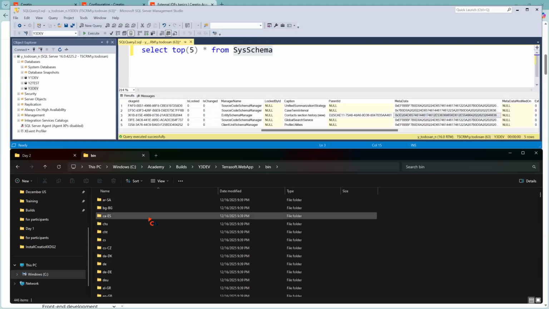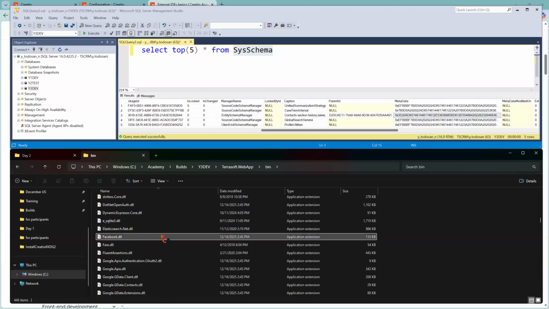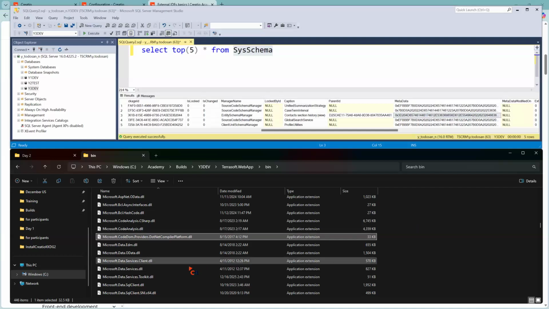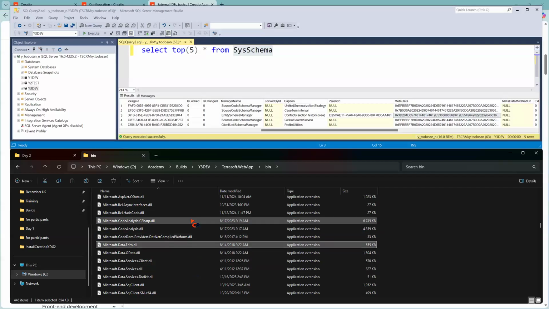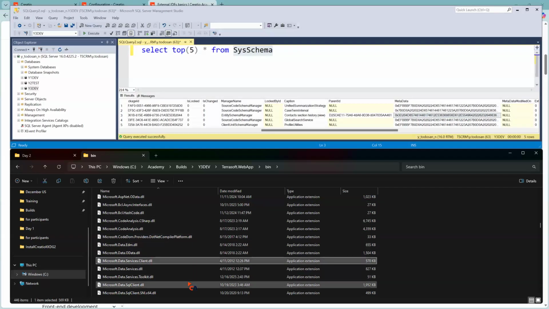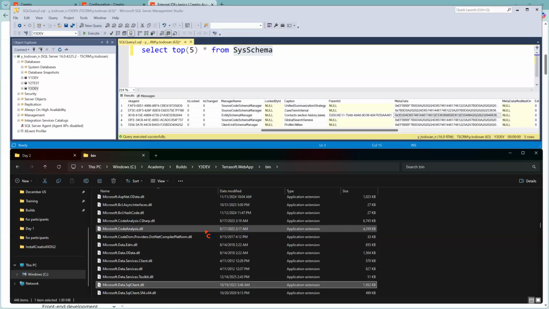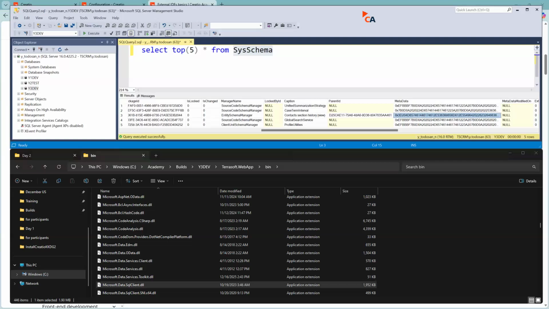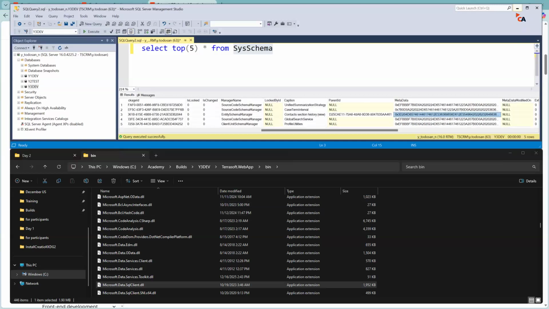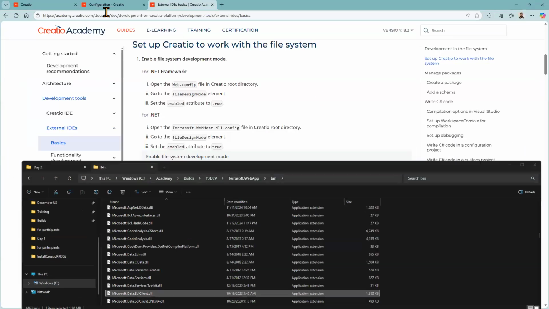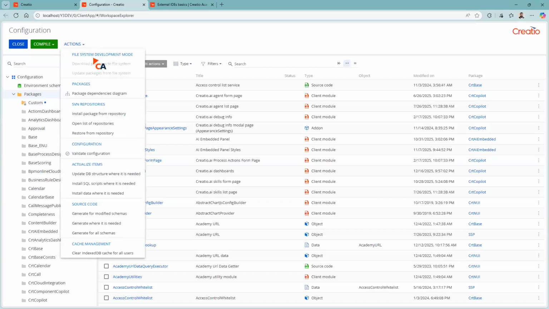So we have these bin folders, and they will contain those assemblies. So even though the file system is a working copy, when the application server is executing code that was written in C#, it will be through loading these assemblies that are not in the database, even though the database still remains the source of truth. I hope this is not too confusing, but it is important to understand,